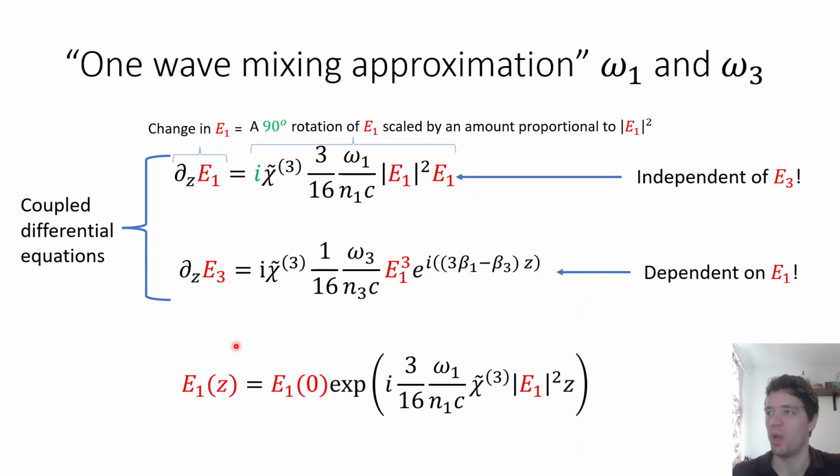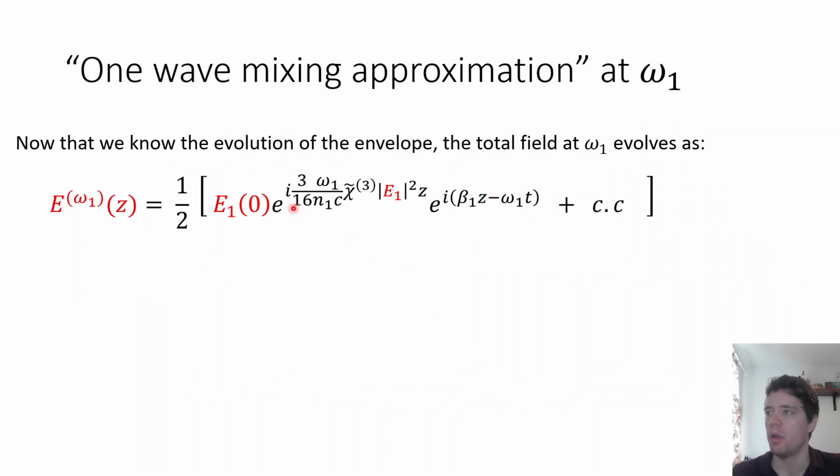So with that in mind, we can integrate this and find the following expression for the evolution of E1 as we propagate forward. As you can see, it's equal to whatever value it has in the beginning, multiplied by this complex exponential, which depends both on the absolute square of E1 as well as on Z. And remember, whenever you see the absolute square of an E field, you should think about this as being proportional to the power of that E field. So if you plug this back into the expression for the omega 1 component in the real domain, you can see that we